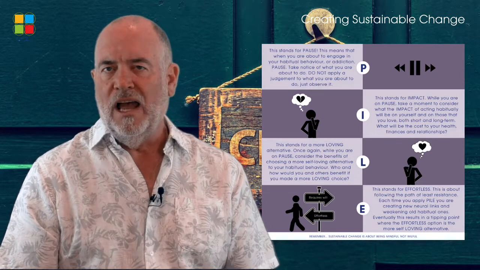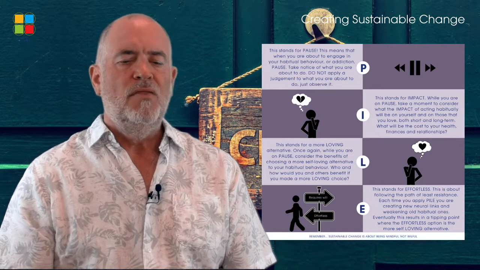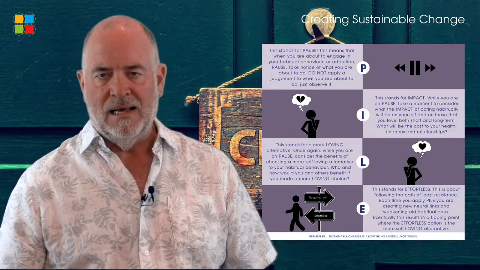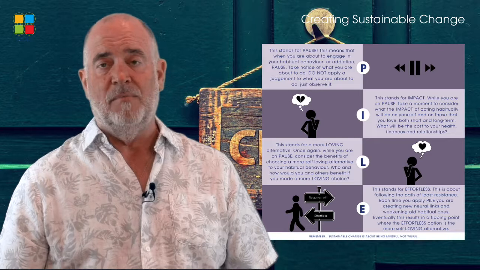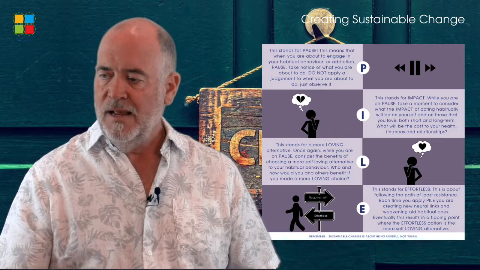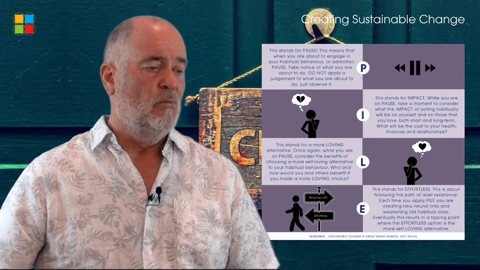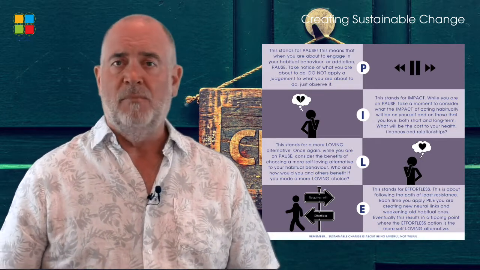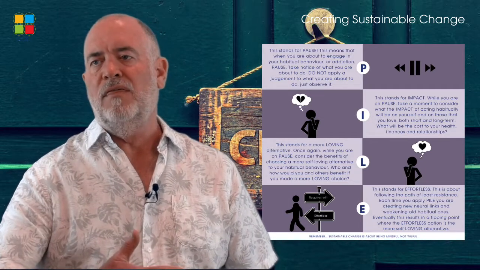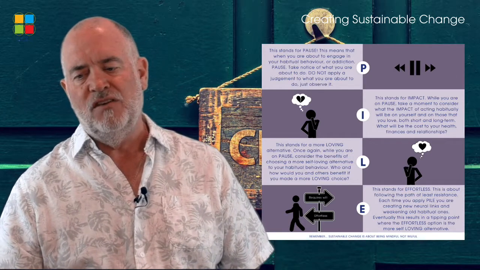Okay, the I, which is the next step in this, is what's called the impact. And so this is an opportunity to stop and go, okay, so if I do what I've done in the past and engage what's happening now as I have in the past, what's going to be the impact? What's the impact on me? What's the impact on the other person? How's this going to impact on other people in my life? How's this going to impact on my job? How's it going to impact on my relationship? In other words, think through what the consequences will be if I'm going to engage in this in the way